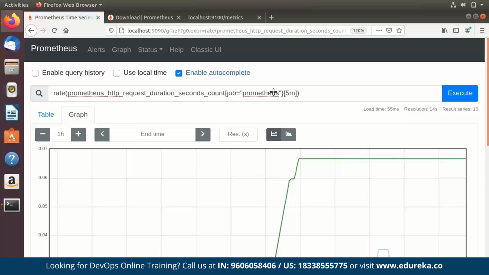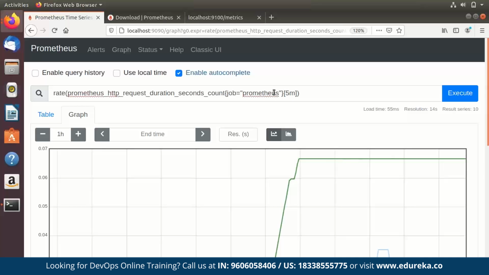While the rate function averages the rate over all samples in the given time window, that is 5 minutes in this case, the irate function only ever looks back 2 samples into the past. It still requires you to specify a time window like 5 minutes to know how far to maximally look back in time for those 2 samples. The irate function reacts faster to rate changes and is thus usually recommended for use in graphs. In contrast, the rate function provides smoother rates and is recommended for use in alerting expressions.